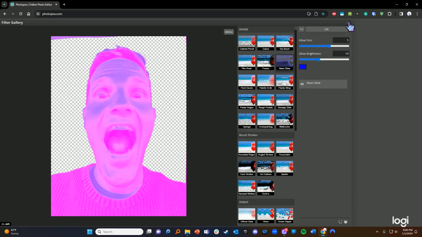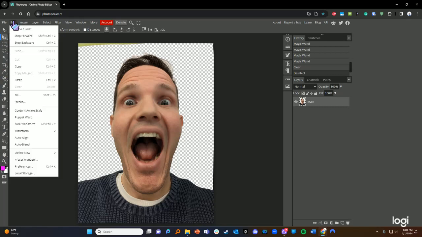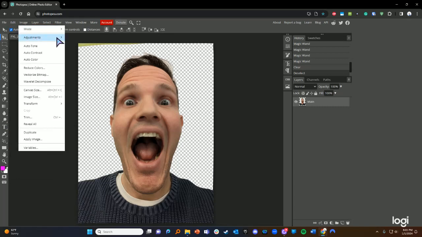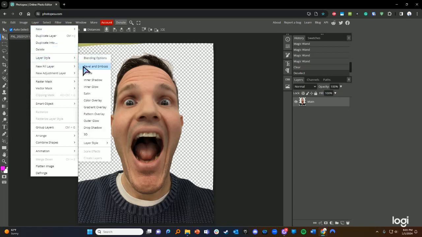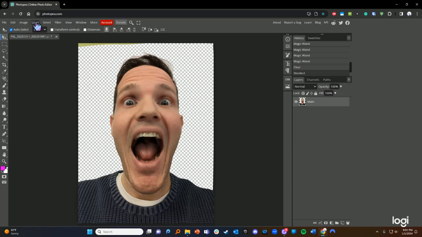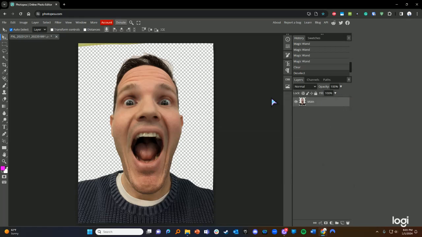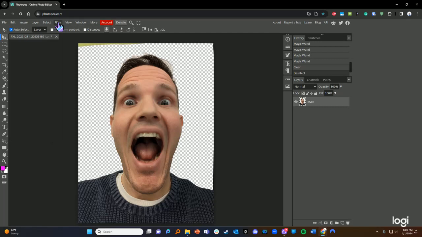All right, so I'm not going to keep any of these, but again, just to review, we talked about the toolbar that's usually on the left here. We talked about edit, which includes the transform options. We took a look at image and then went down to adjustments to see all of the options there. We went under layer and played with the layer styles, which you can get to either through this top menu or by double clicking on the layer. And we went over the filters that are available. So these are just some of the options, the 5 basic options you have for editing